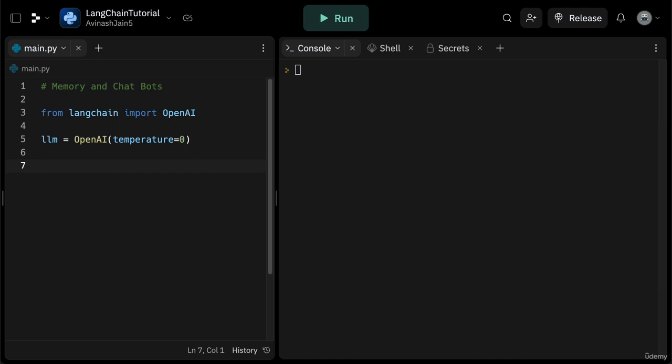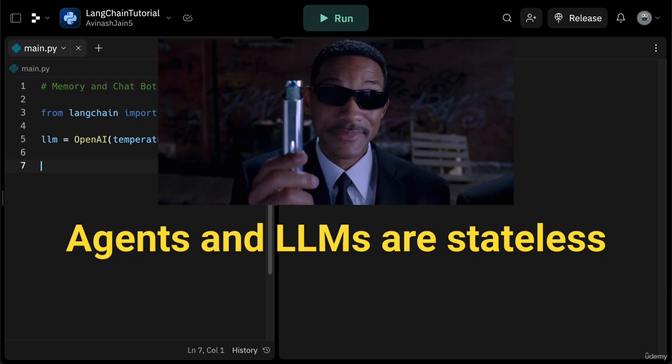In this video, we're going to explore the concept of memory and chatbots. We're going to understand how LangChain manages conversational context, and then we'll end up creating a very simple terminal-based AI chatbot. So, first and foremost, chains and agents in LangChain, everything that we've interacted with so far, they're stateless by